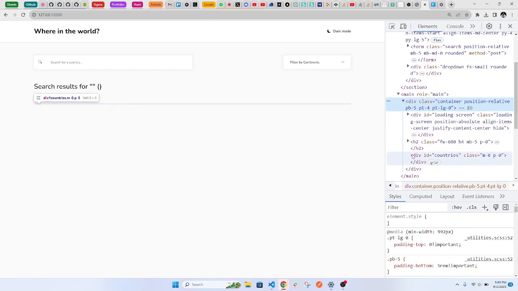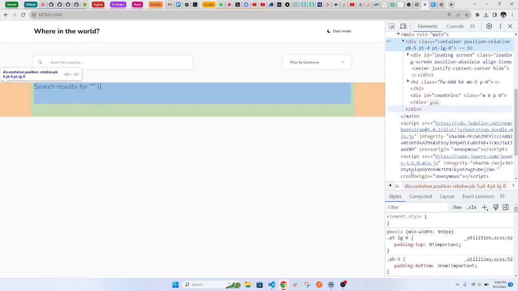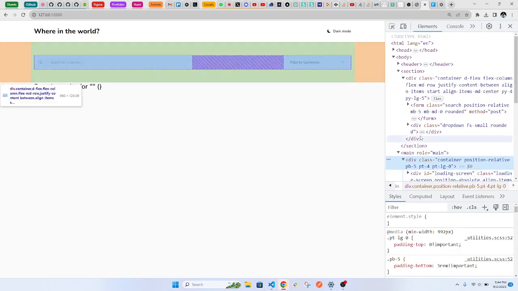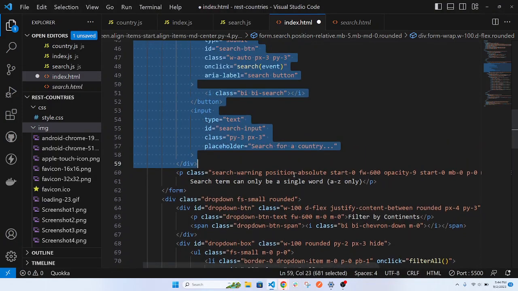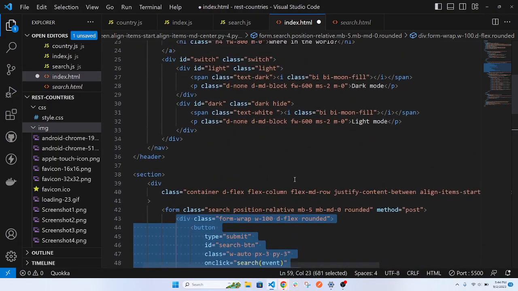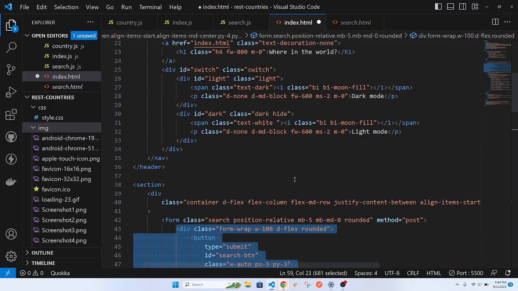And then there is countries. This div called countries has some big settings on it to make things stay, I think, in large screens. But it's empty right now. So we need to fetch data and put into countries. Okay, so I think that's about it for the HTML. Do we really need to talk about the CSS? I guess there's a need to talk about the CSS, because some of these things, in some CSS classes are already set